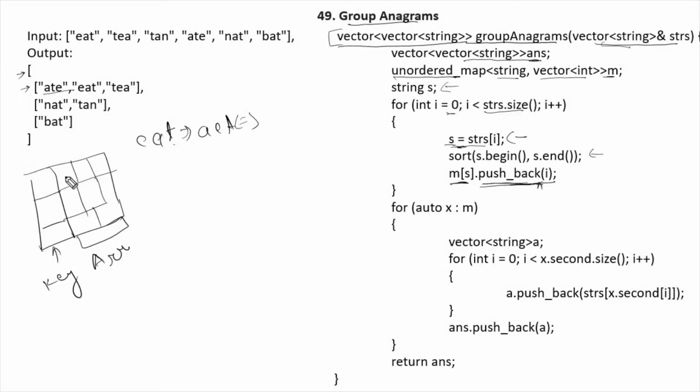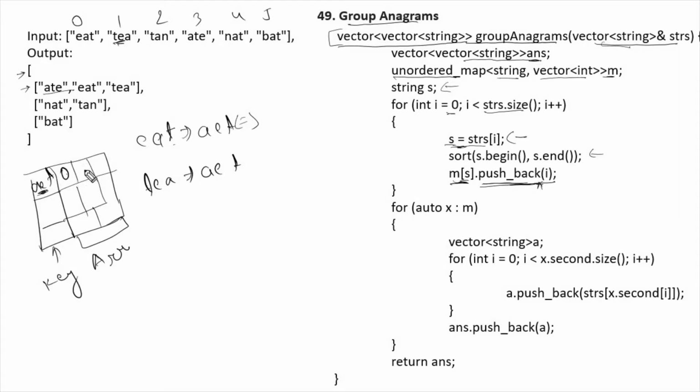So just like indexes 0 1 2 3 4 5, with respect to AET I will store index 0. For the next, TEA, the sorted string will be AET, so again this will be stored at the same location.